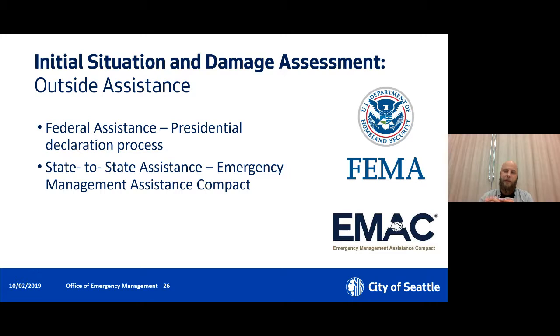and we can directly bring in resources from those states. So if you think about things like building inspectors, utility workers, utility restoration equipment, that stuff is usually coming in through other states or local jurisdictions within these other states that have an agreement with the state. That actual equipment stuff, less so, is coming from the federal government, more from states. But we start, again, using all that information that's coming in. What are the needs? What do we have? What do we need? Start requesting it from the outside.